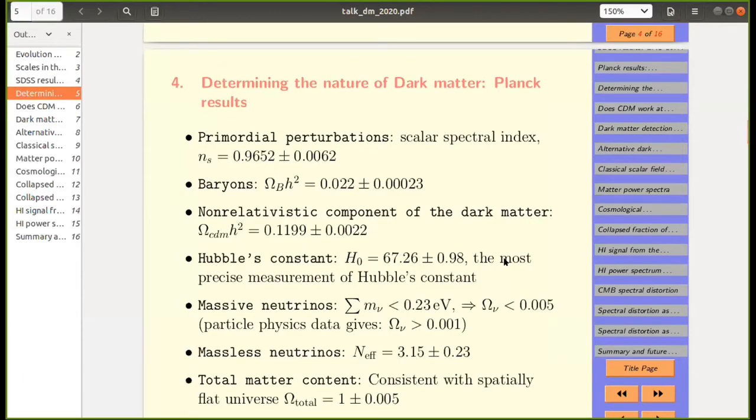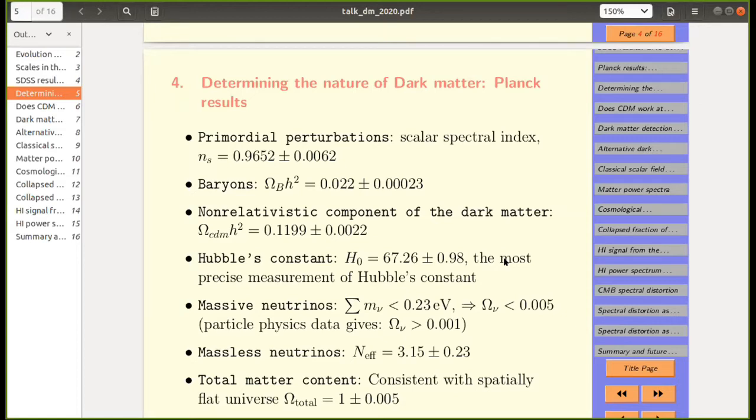So here is, based on Planck results, a summary of what has been found. I'll not dwell upon primordial perturbation because people have already discussed it. Again, Planck data gives you the baryonic component, it determines it extremely well. We can focus on the non-relativistic component of the dark matter. Notice again that this is computed extremely well. This is one of the best observations you can think of. But one needs to keep in mind that all of it is based on data up to k equal to 0.1 and not beyond that.